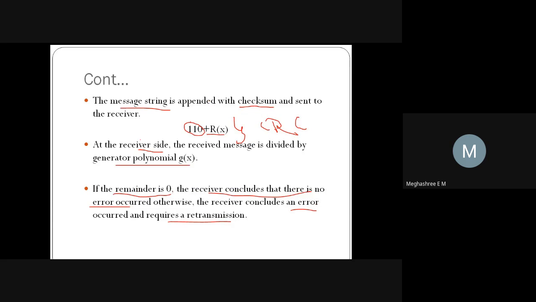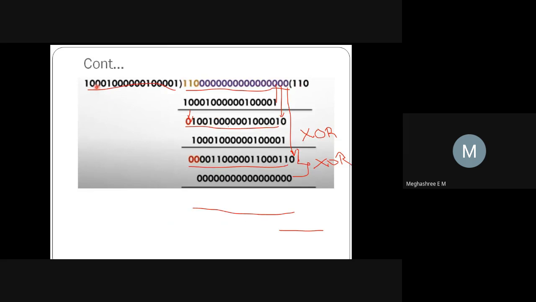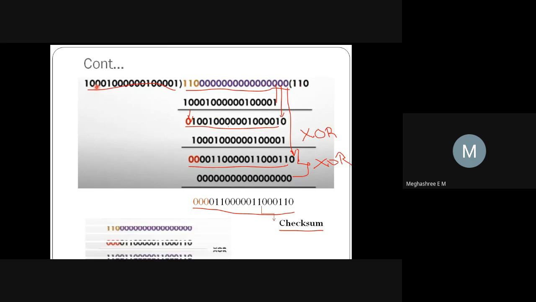Here, I said you have to append the remainder to the data. Till now, we got this remainder value. Now, when you find this checksum, you have to append this checksum to this data. Again I'm performing XOR operation on this dividend value. For this dividend value, consider this checksum and perform XOR operation on this. Once you perform XOR operation, this will be the code word that you are supposed to send